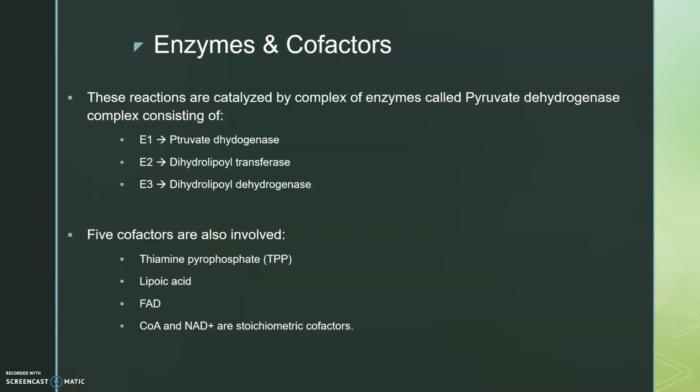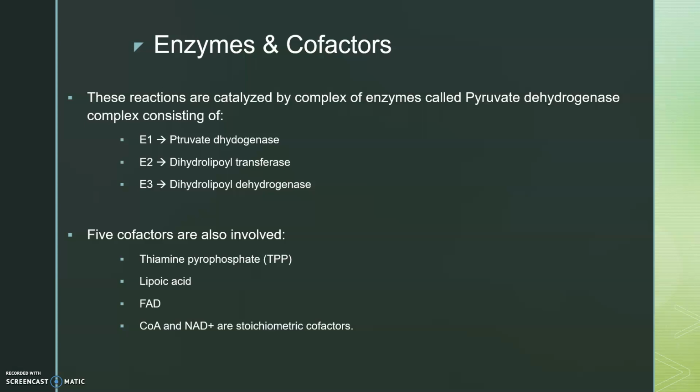So these reactions are going to be catalyzed by a complex of enzymes called the pyruvate dehydrogenase complex. And that consists of a total of 3 enzymes, E1, E2, E3, shown there, which I will not do a good job of pronouncing correctly. And then 5 cofactors are going to be involved: thiamine pyrophosphate, abbreviated as TPP, lipoic acid, FAD, CoA, and NAD+,